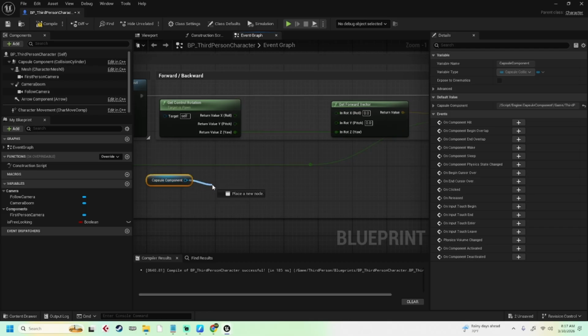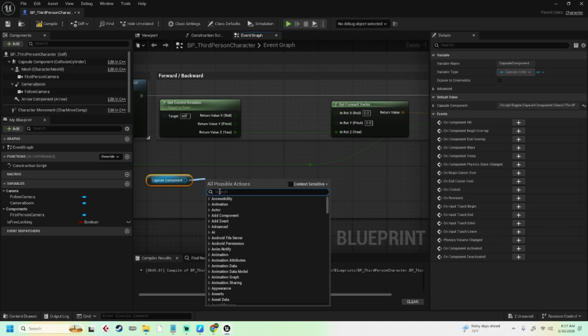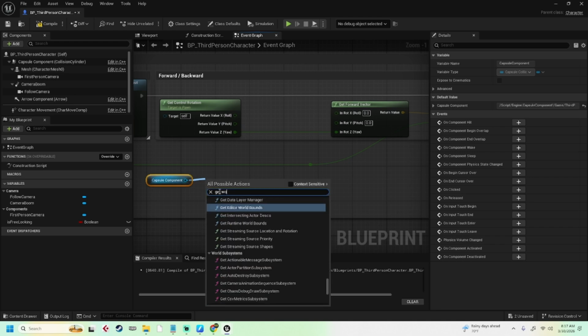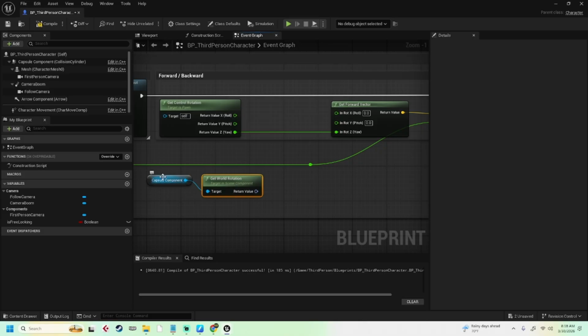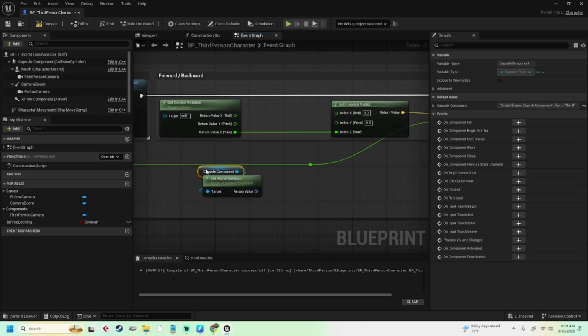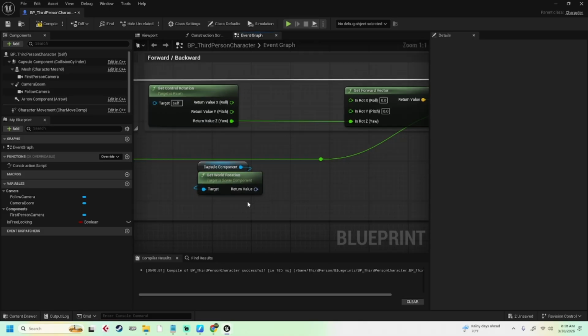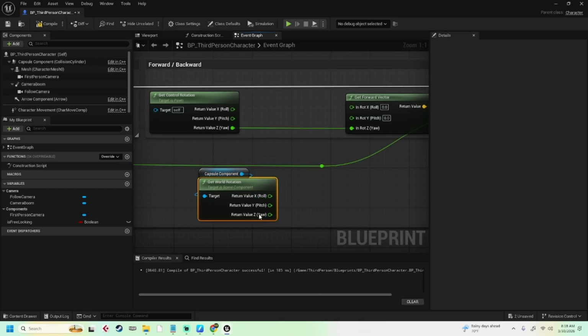And we want to drag this out and get the world rotation because we want to see which way your character is facing in relation to the world around him. Or her. Or them. Doesn't matter. And so what we're doing here is we're going to split the structure pin here, so we can see the X, Y, and Z of the rotational values of your character in relation to the world. And the return value Z of this